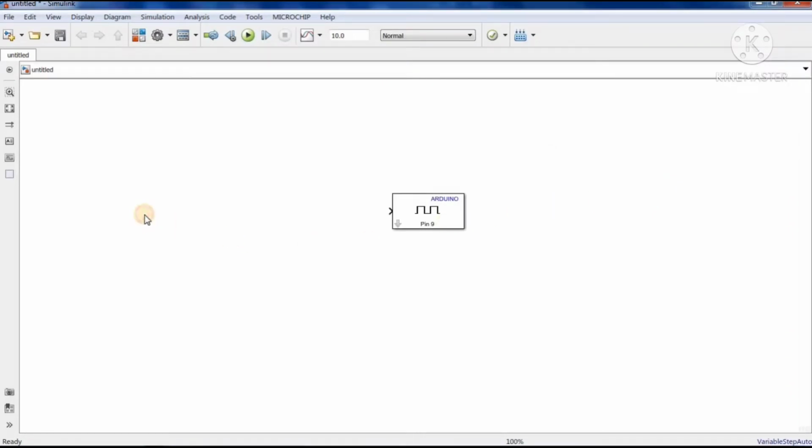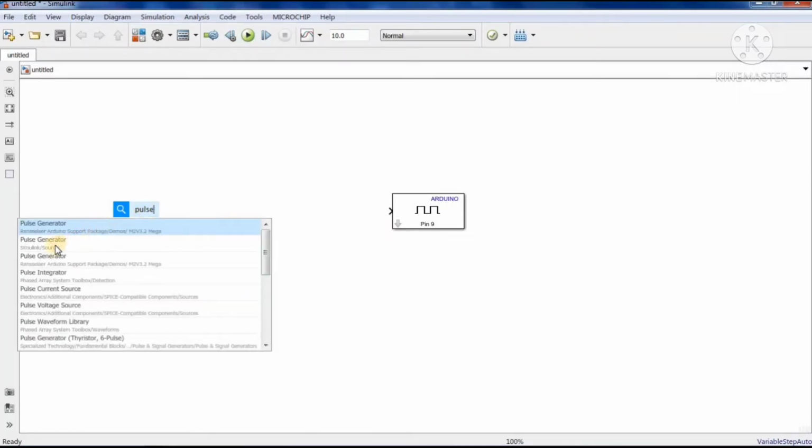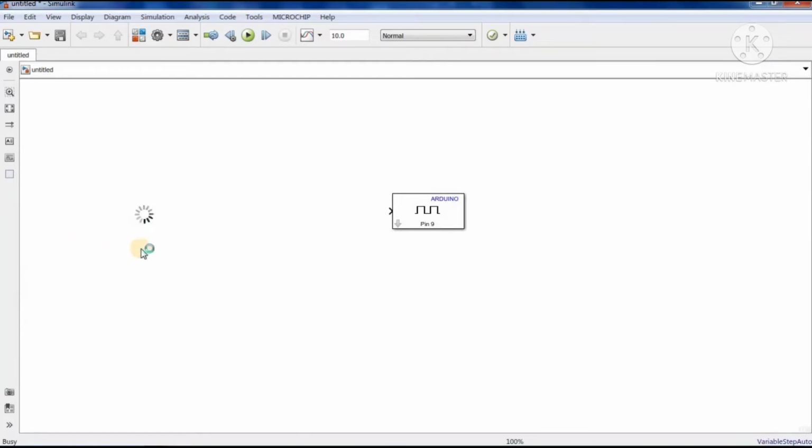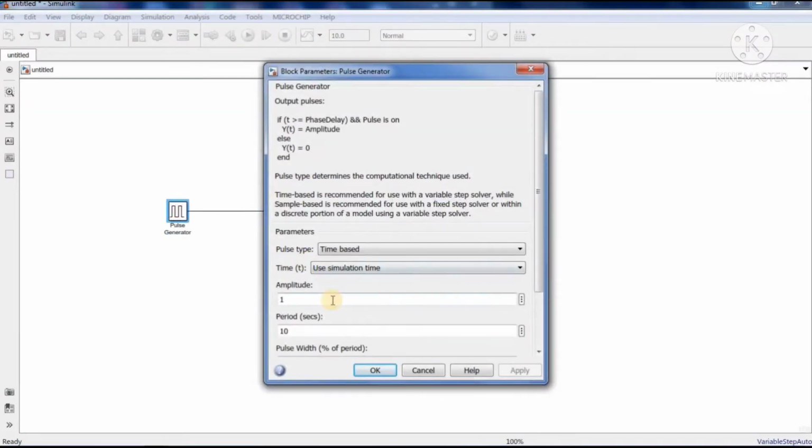We'll take one Pulse Generator block. Just search for Pulse Generator, a Simulink source, and connect it to this. Once you connect it, make some settings on the Pulse Generator. Put the pulse type as time based, time as use simulation time, and increase the amplitude.